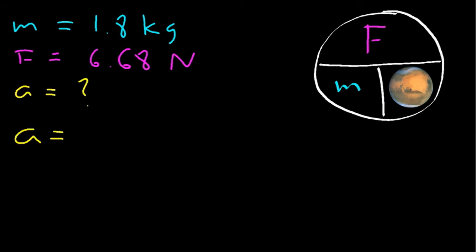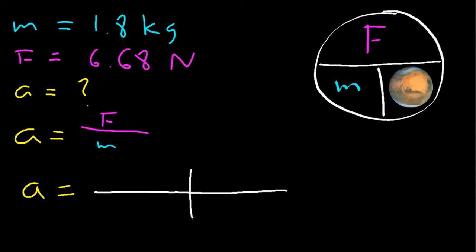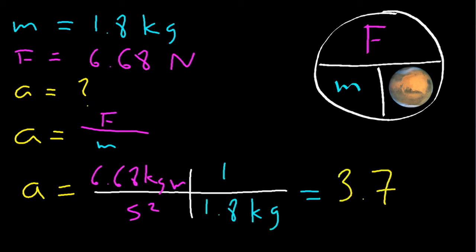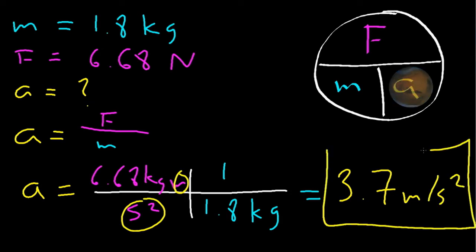Remember that you can use the problem-solving circle and simply cover the unknown variable to reveal the equation used to solve for the unknown. To solve, we will use a dimensional analysis setup. A equals 6.68 kilogram meters over second squared divided by 1.8 kilograms. The answer is 3.7 meters per second squared. Notice how the units of kg will cross-cancel to give the appropriate units of meters per second squared, which is